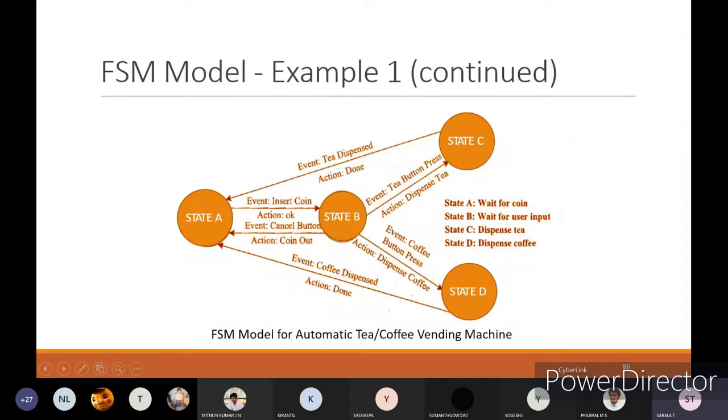Understood, everyone? With respect to the events, you have to write down your events properly, how many events can come into place, and what all the intermediate